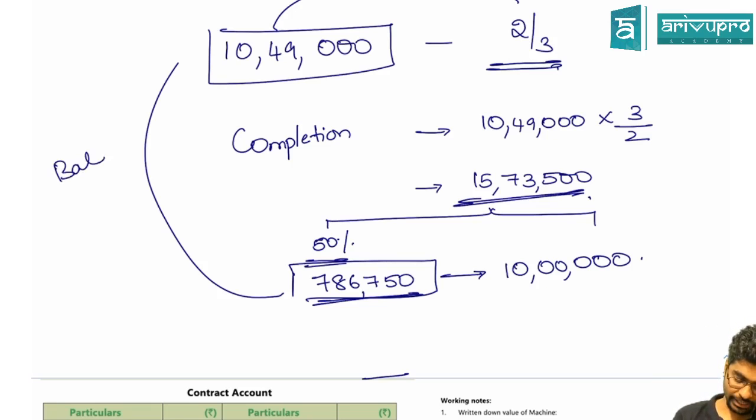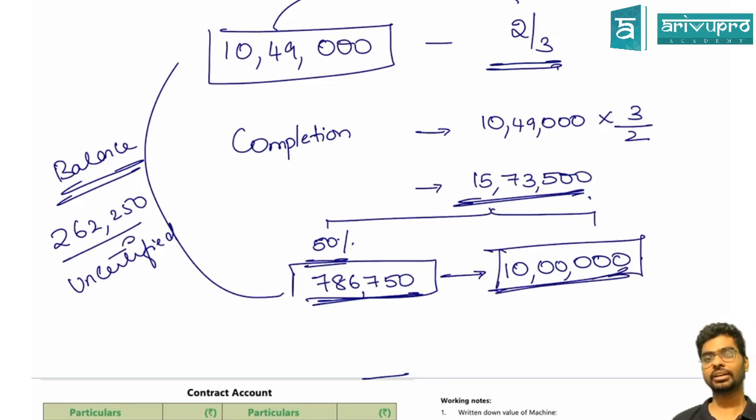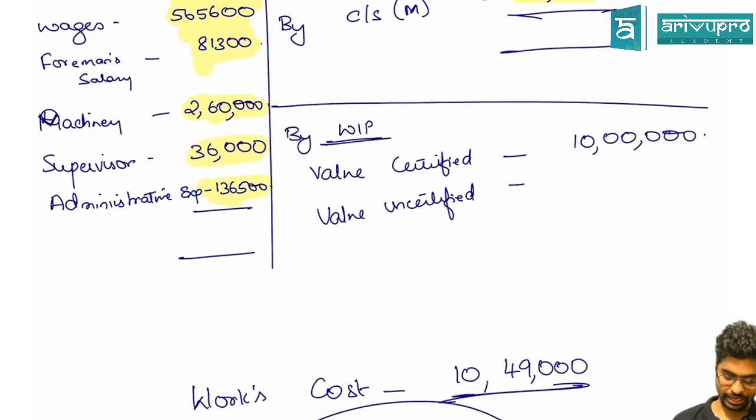What is the balance value? 262,250 becomes an uncertified portion, and this 10 lakh is my certified portion, and the difference between these two will become my notional profit. Right? So I'll write value uncertified 262,250. Therefore I'll end up getting a profit of